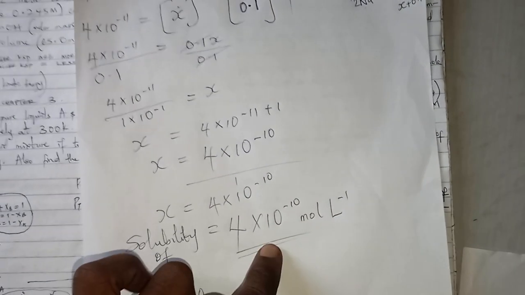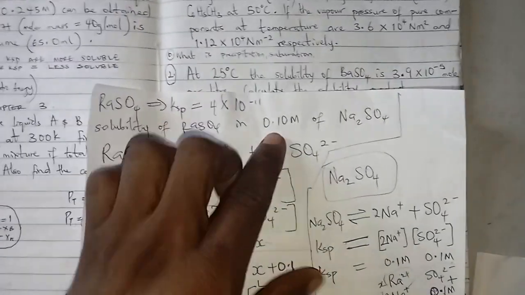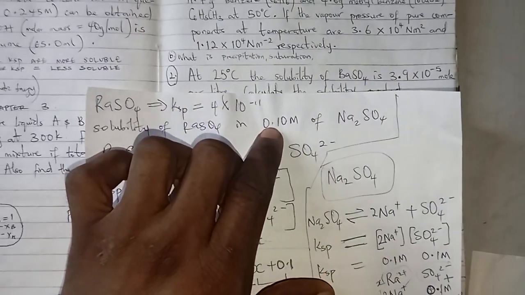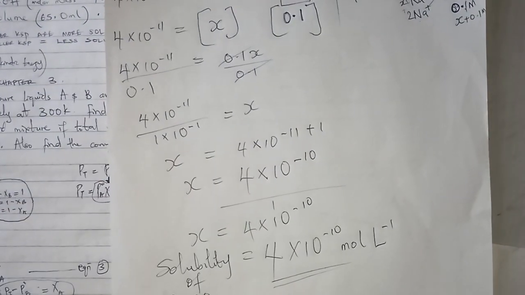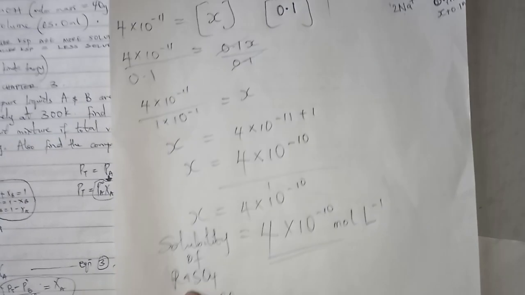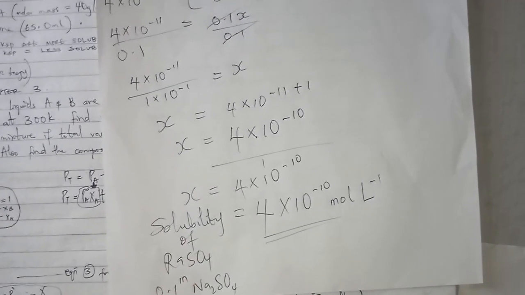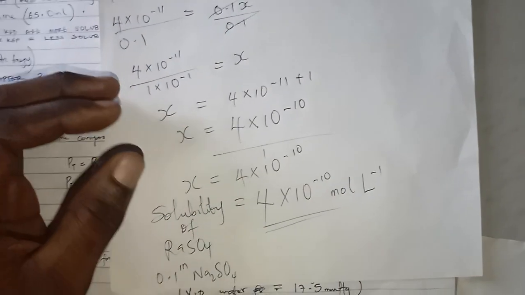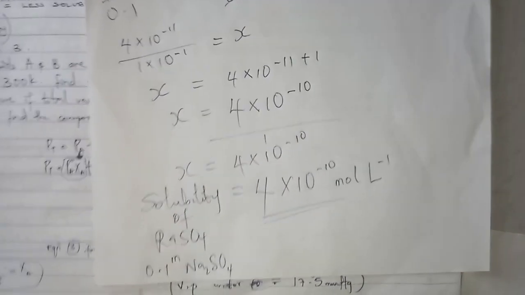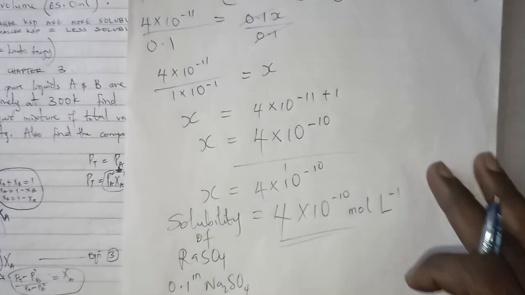So you see that it has more negative powers than the given solubility, which is just 0.1. So you see that the solubility of radium sulfate decreased. Which means that once you have